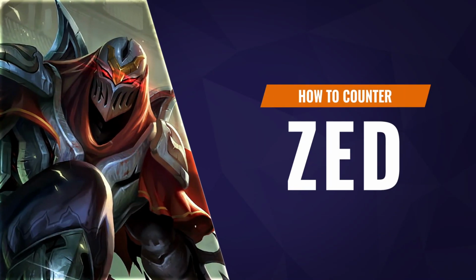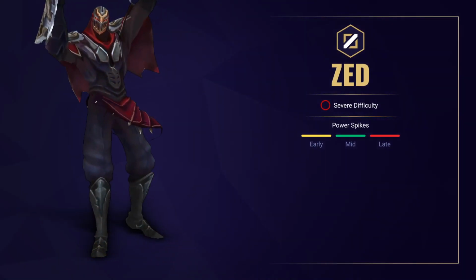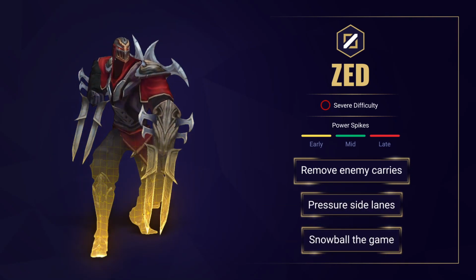In this video, we're going to look at everything you need to know to counter Zed. So first off, what does Zed do? Zed is an assassin. He's good at taking out squishy high value targets. He's also strong in the side lane due to his dueling potential, and he's a strong snowballer due to his